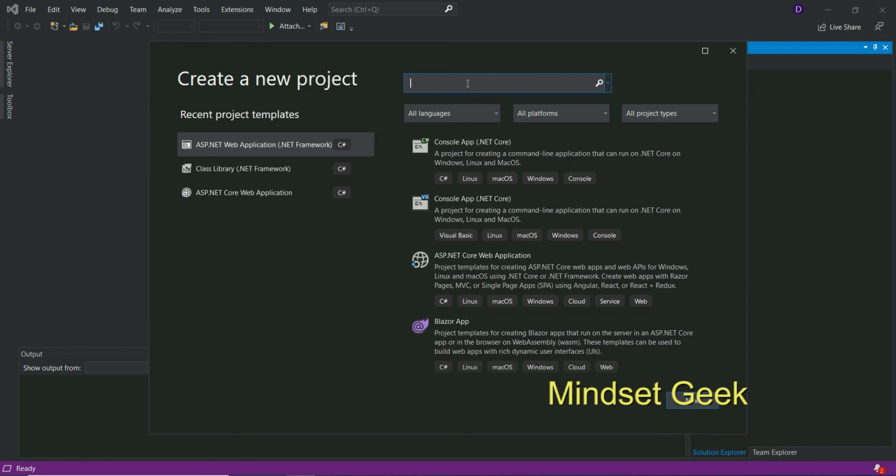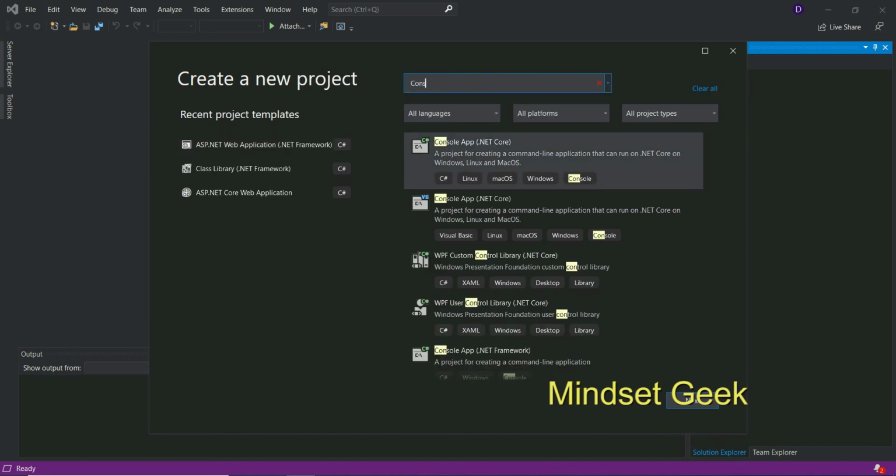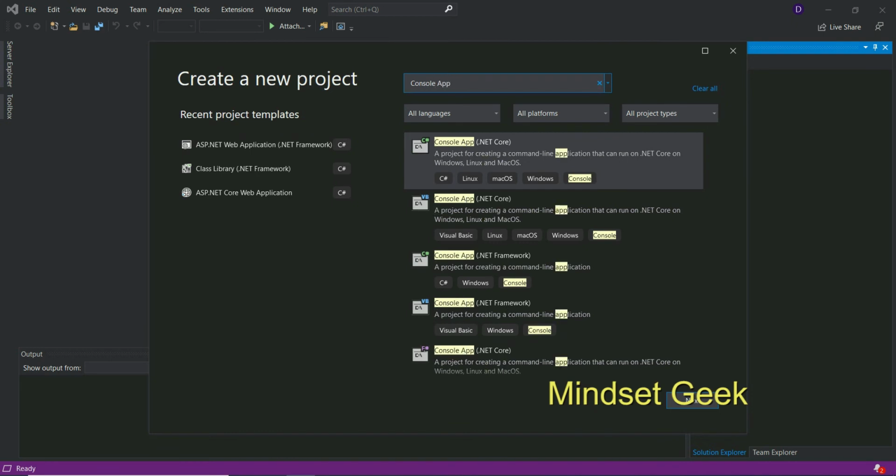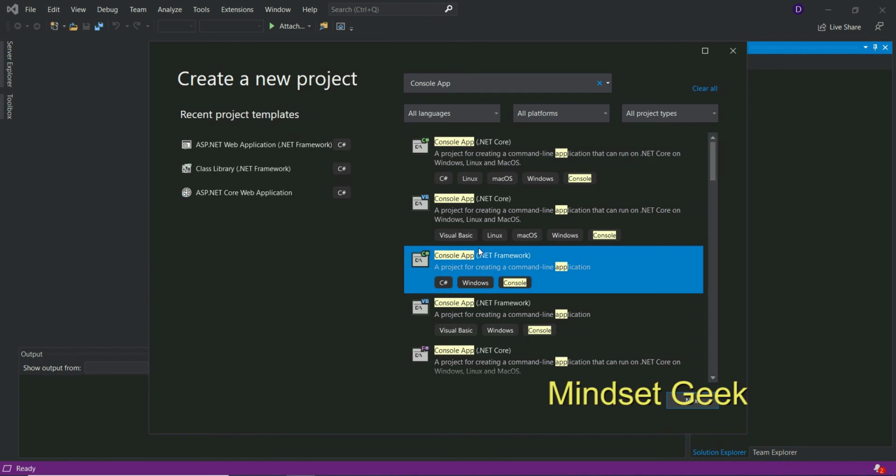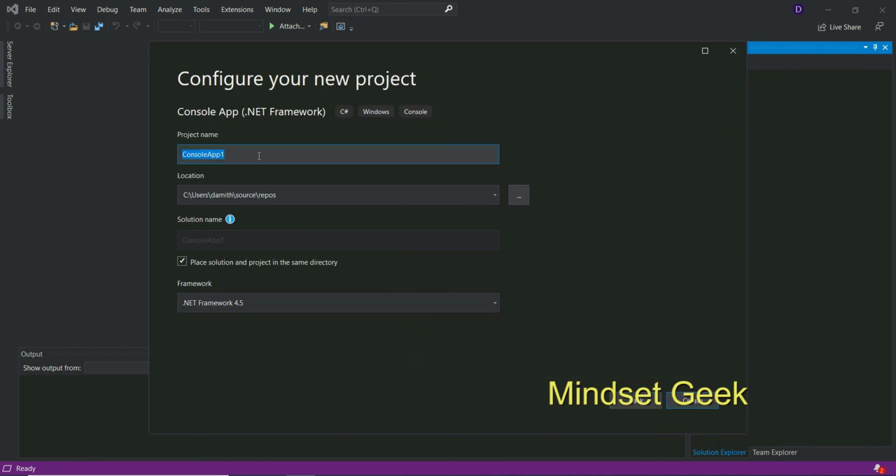With .NET Framework we use a Console App, with C# support, not this one. C# loop.